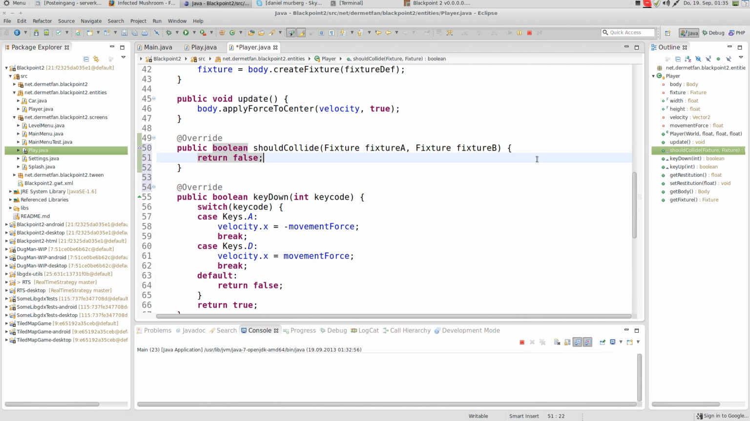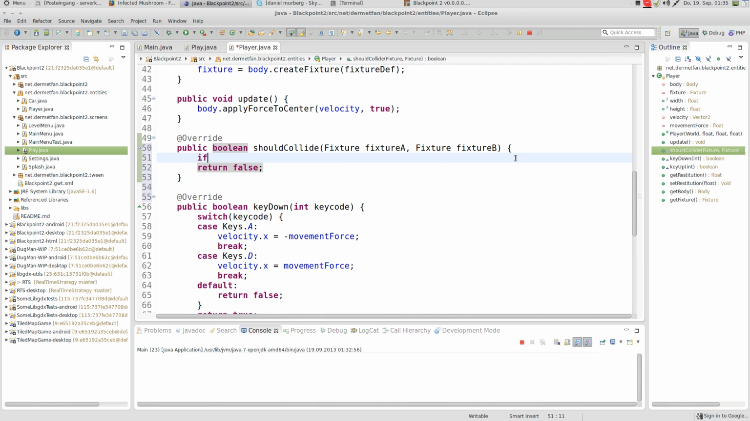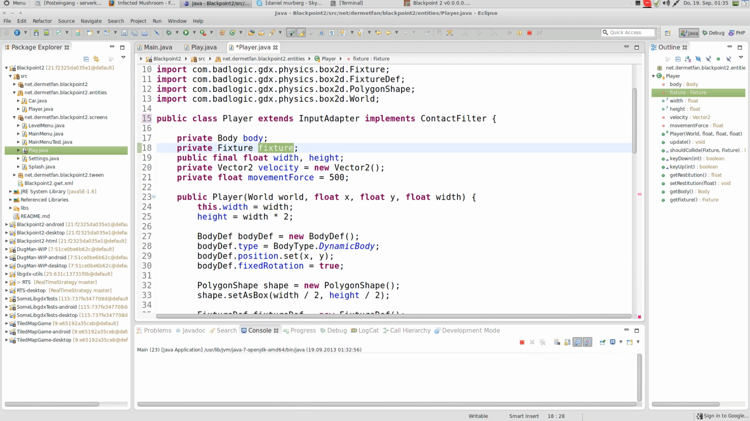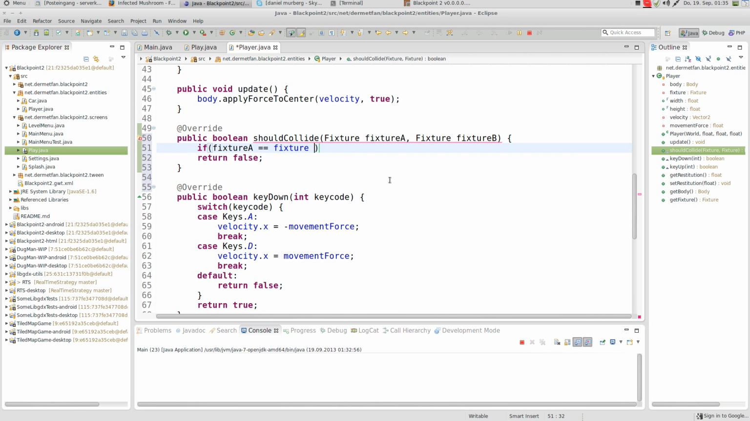Alright, so this should collide method gives us 2 arguments, and those are the fixtures that are about to collide or colliding or whatever, and then we just return if it should collide or not. So we can at first check if this has anything to do with this, because there might be other collisions in the game. I mean, in this game it's not very likely, but there might be other collisions going on in the game that we don't want to filter. So let's say if fixture A equals fixture, and remember, fixture is that thing that we have up here just to be able to access it easier. Or if fixture B equals fixture,